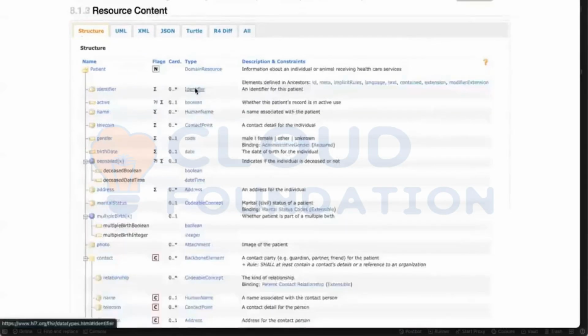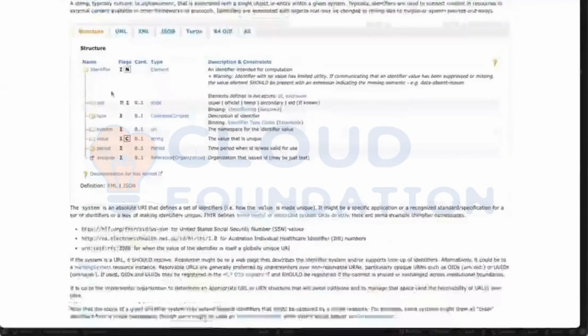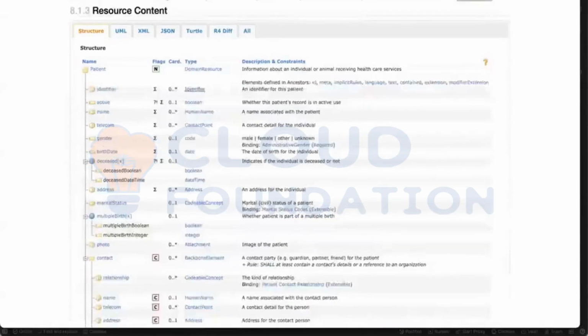Let's move on to the identifier. Finding code somewhere here. The second one, use. The code value will be here. We can directly get this value and use it. That's it. Gender is code and the code values for gender given are male, female, other, unknown. And code will always be a string. If you see in our response the gender,